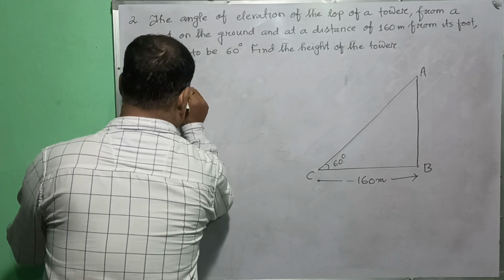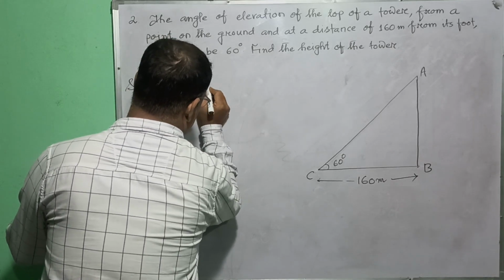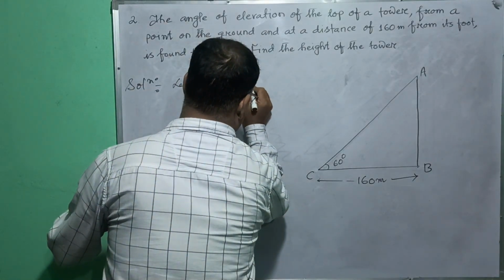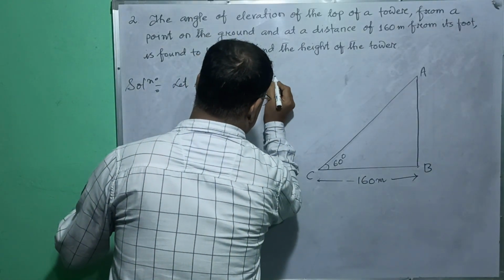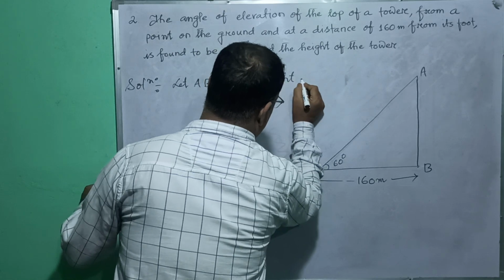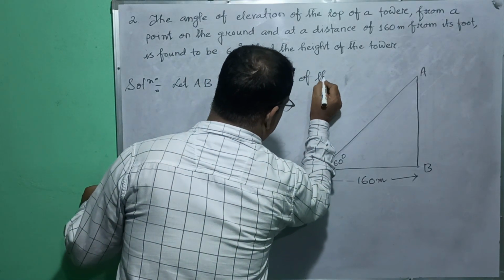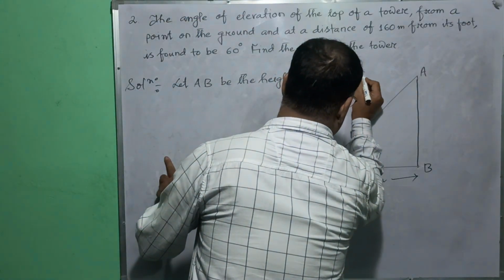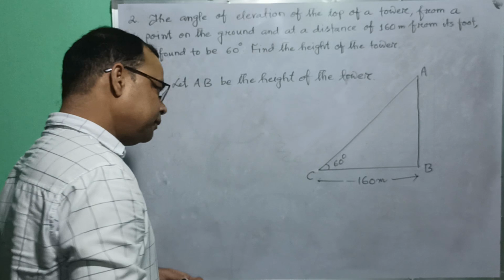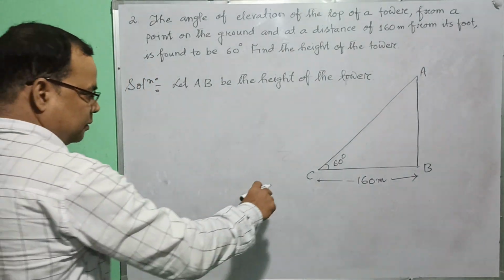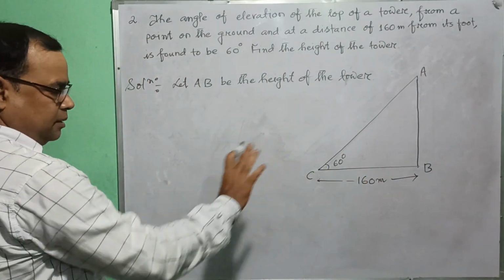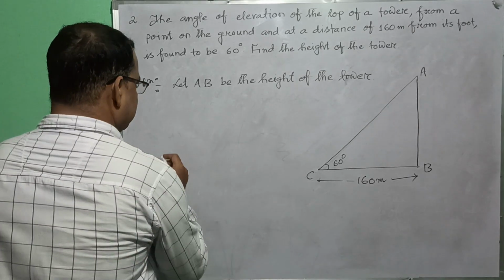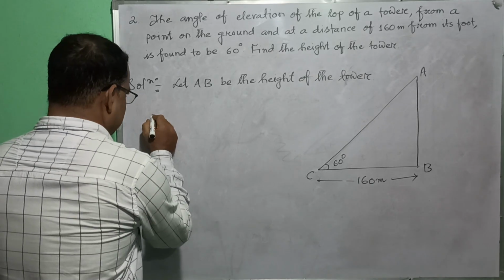First we will write, let AB be the height of the tower. Let AB be the height of the tower. So BC is given. I have already done that, so no need to write anymore. We'll write now